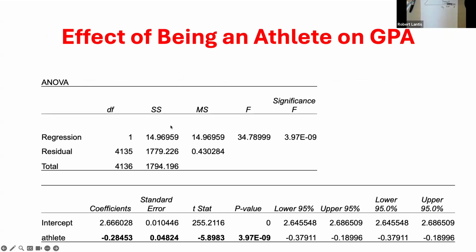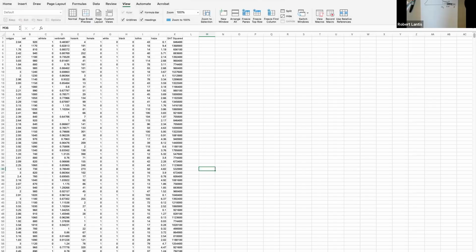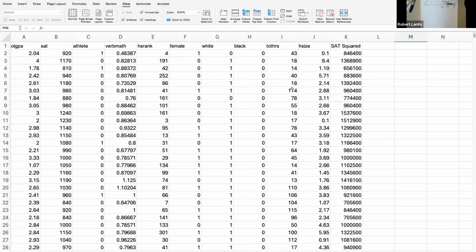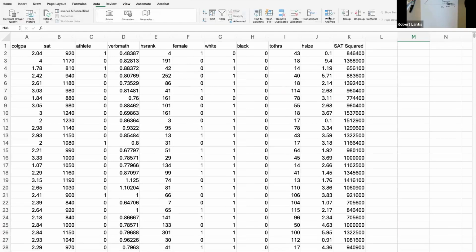Okay, so you can look at these results, and I've got this in Excel. So I'm just going to jump over to Excel, in this omitted variable tab. You can see all these tables are what I just copied into the slides there, so we'll reproduce them. I've got GPA, SAT scores, and whether or not they're student athletes. So I'm going to go up here. First thing I'm going to do